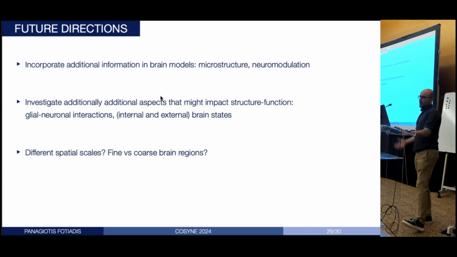And the last thing that I think was pointed out a little bit by this talk is what is the spatial scale that we choose to study the relationship between structure and function, right? You can define brain regions on a very fine scale, you can define them on a very coarse scale. And of course, it depends on the hypothesis. We can talk more about this in the session later, but those are a lot of things to think about.